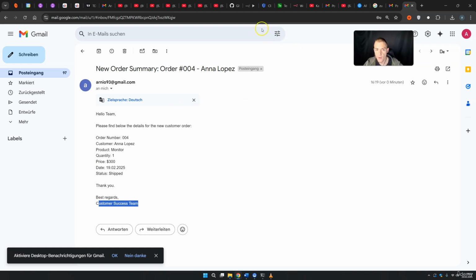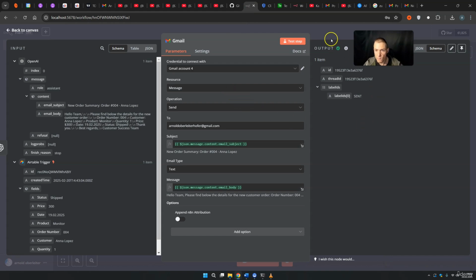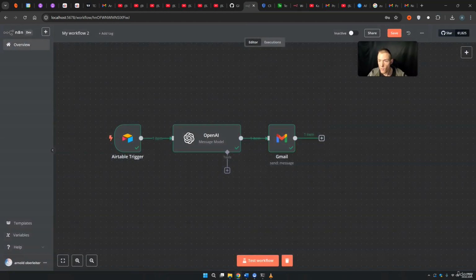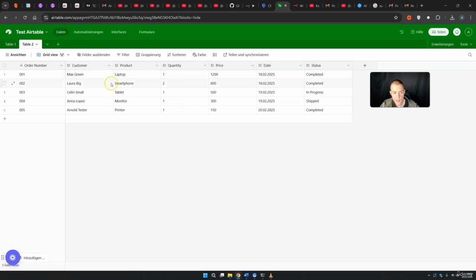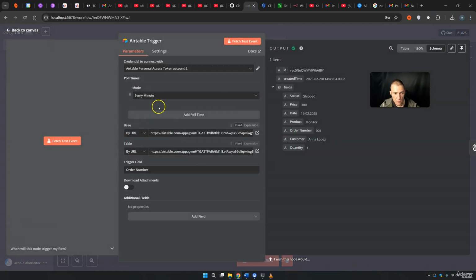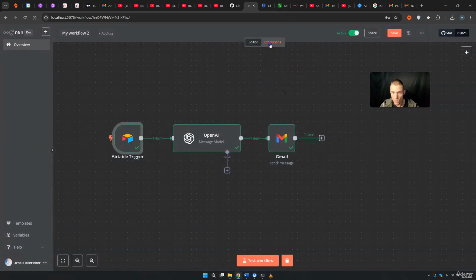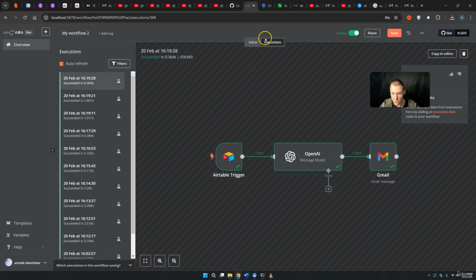And now we want to automate this thing. So if we come back, we can close this down. And what we want to do right now is to set this to active. So no longer inactive, we want to have this active. And this thing will get triggered every time that I add new rows here. So right now, this will search every single minute if a new row gets added. And we will not see it here, we will see it here in these executions as soon as this gets